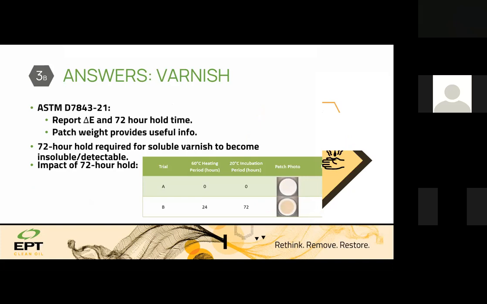These 4 days of testing, heating and then holding it in an area where there is no light, in a closed cabinet, will help the soluble varnish come out of solution and agglomerate, and then when we use a vacuum pump on a filter patch, we can trap that material on the filter patch. So it helps us to reset and bring out the soluble varnish which is inside the